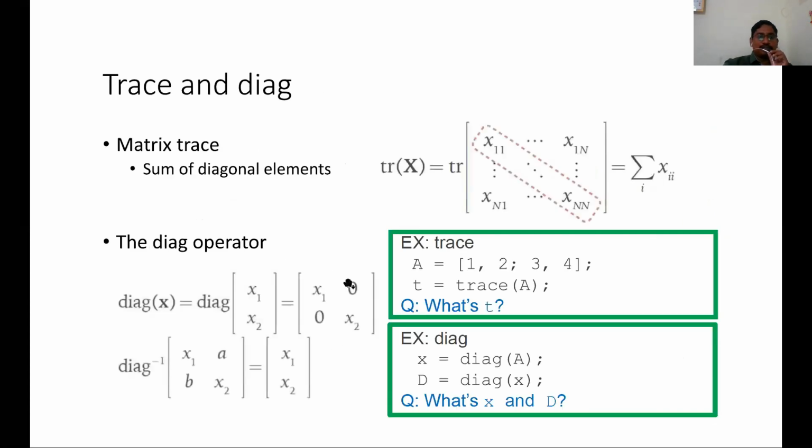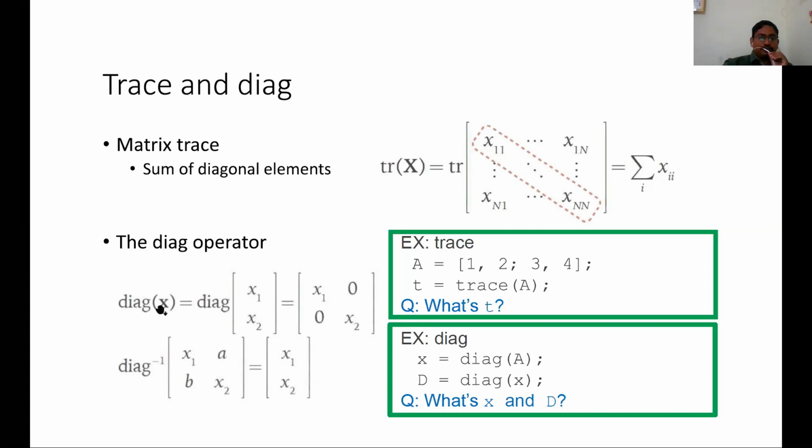Now one most important thing in MATLAB is how to find the trace and diagonal of a matrix. A simple command is there in MATLAB. trace(A) gives the trace of the matrix. Trace means the sum of the diagonals. So you can use this command. Here the value of trace will be, the first diagonal is 1 and the second diagonal is 4. It should be 5. We'll see this in the MATLAB session.